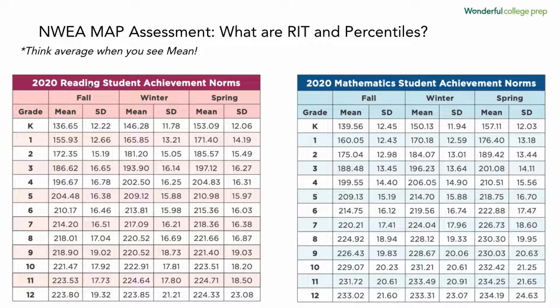But let's say their math, they got a 230. So I'd come up here to 10th grade and go, oh, 229, 231. Okay, so they're right on track in math based upon the mean RIT. Okay, and I would be looking at the mean part, because mean, we're just thinking average, right? That's all we're thinking right now as a parent group. So with that thought, that can help you understand what grade level your student is functioning in either math or reading.